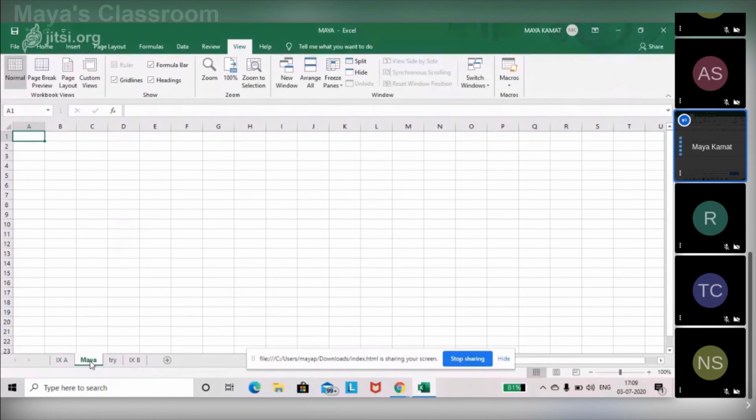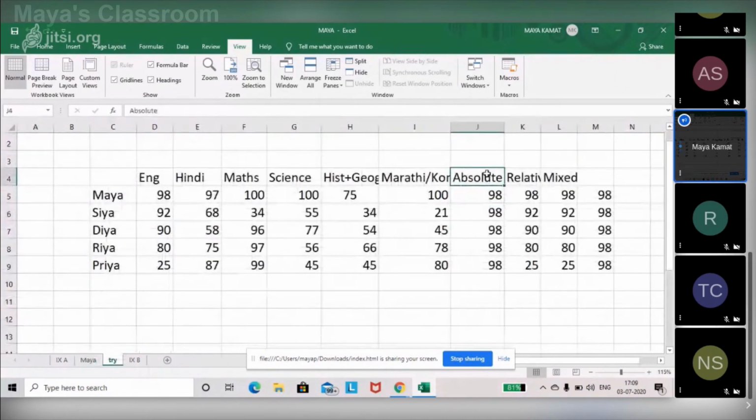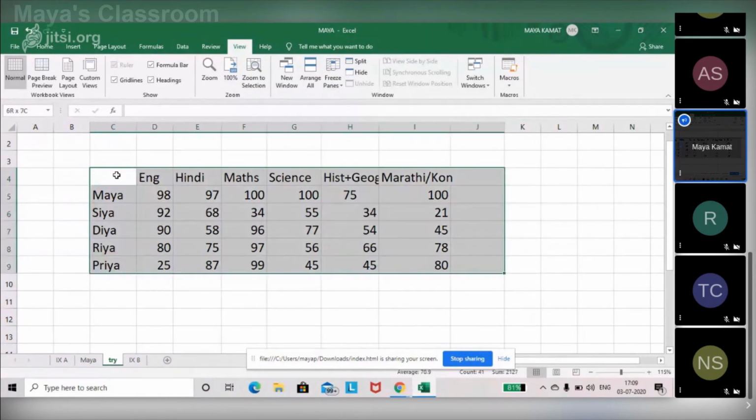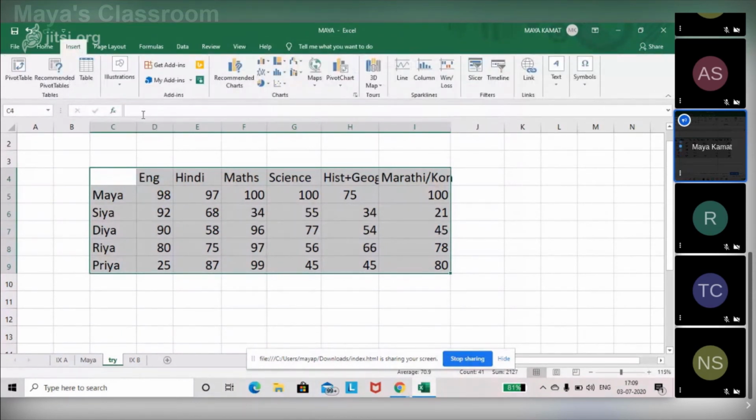Okay, this was the file with the data. I'll just remove the formulas part of it. Okay, let's say before you start with the chart, select the range. Let's say this is the entire range of data that I have, for which I need to plot a graph. To go to graph, click on insert. Okay, once you click on insert, go to the chart type that you want. Let's say I want a pie chart.